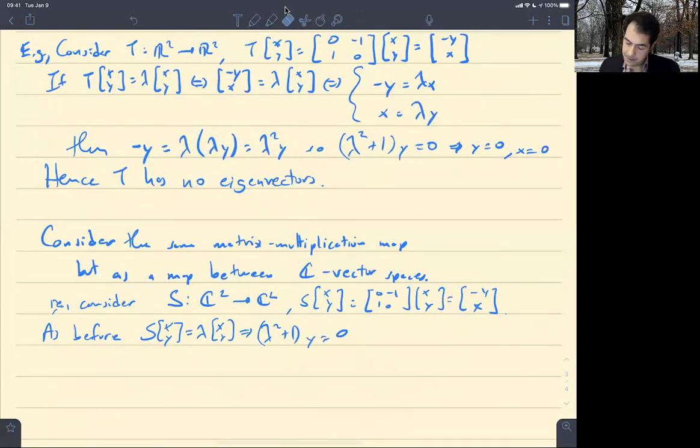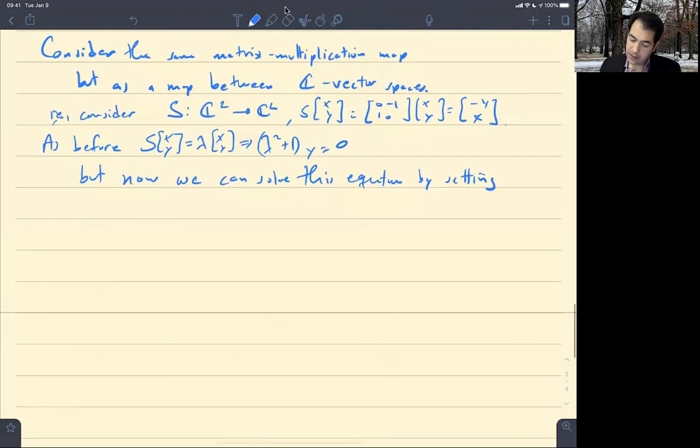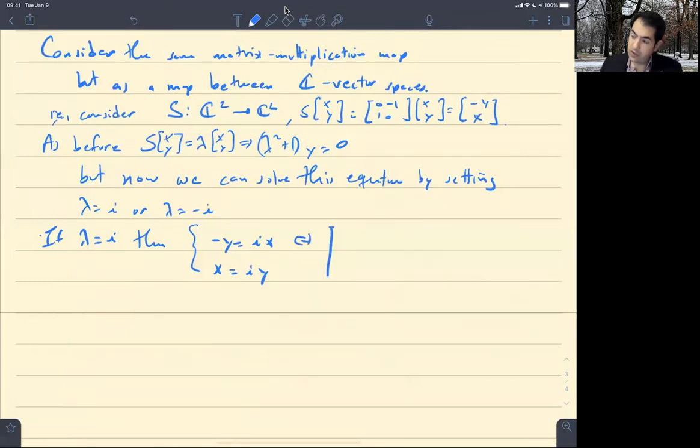But now we can solve this equation by setting lambda equal to i or lambda equal to minus i. Okay, so let's look at these two cases. If lambda is equal to i, then our system is minus y equals i x, and x equals i y, which is the same as saying